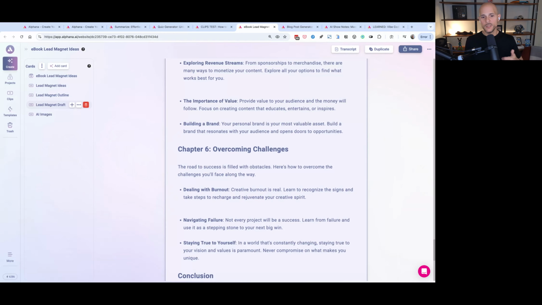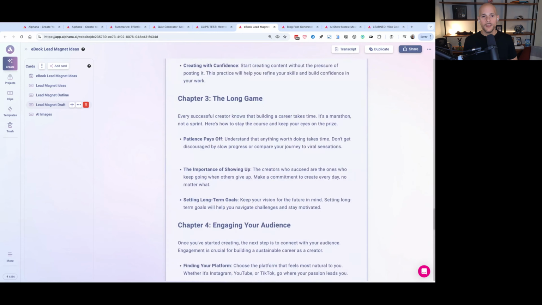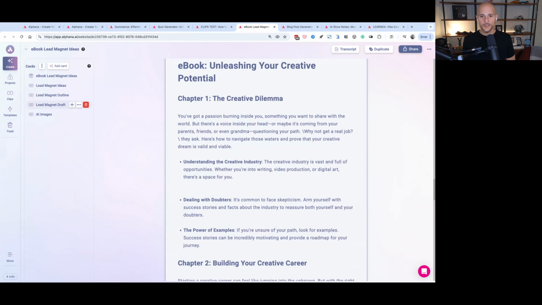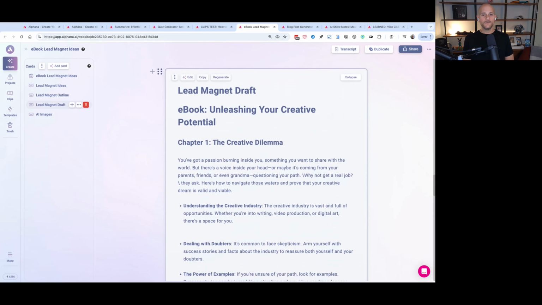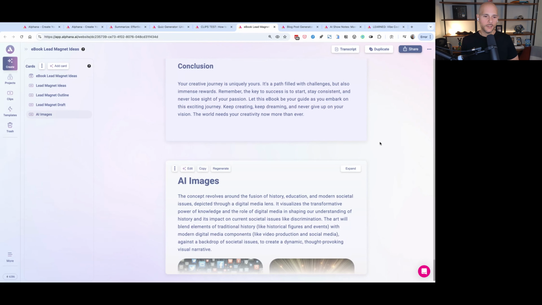pages if in between each page you throw in just a nice image or artwork or something like that. And this is now copy ready with insights all pulled from a video that most likely is in your market if you put that into Alphana. And you could hand this over now to a designer or throw it into something like Canva, or honestly, just put it on a Notion page and link out to that page for someone to access the insights that are derived from here. And what's great is, and not a lot of people know this, but you can actually generate